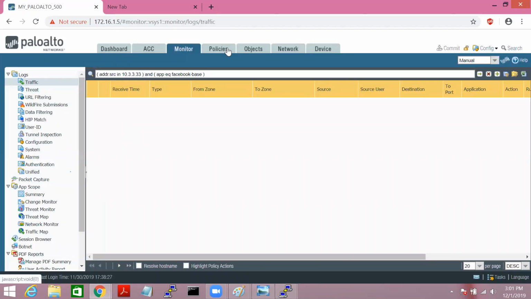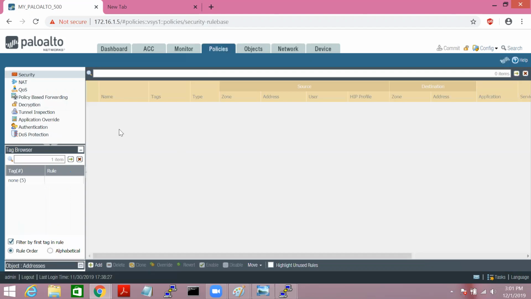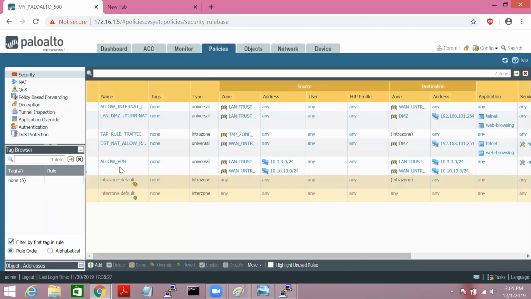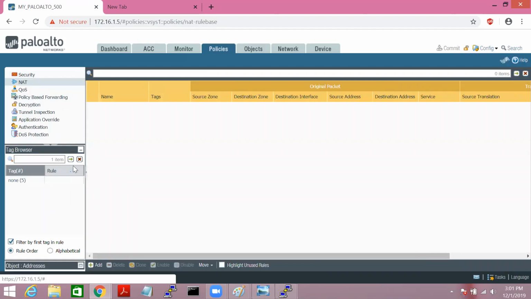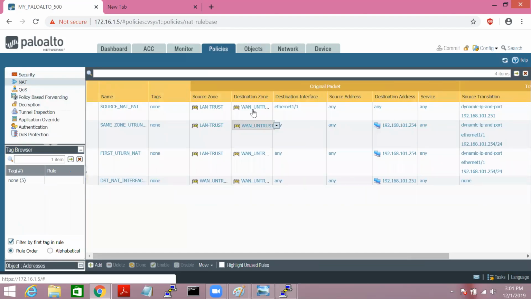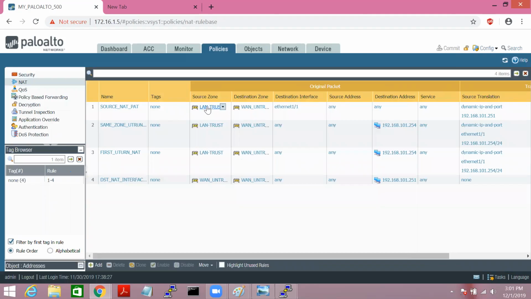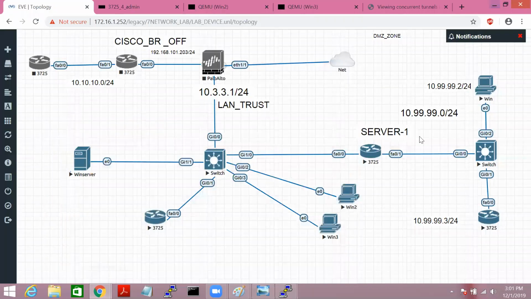See the rule. When traffic comes from LAN trust and tries to go to WAN untrust, it should be allowed. And NATing is also there. Anyone who's trying to go outside will get translated by this NAT rule, which says LAN trust going to WAN untrust gets translated into 251. So the same we are trying to perform for this subnet. See, if I try to send traffic,